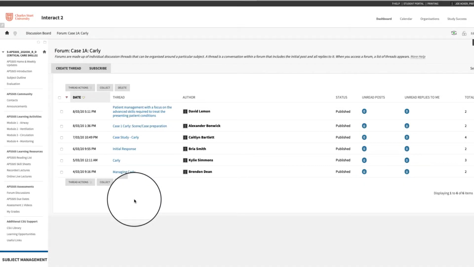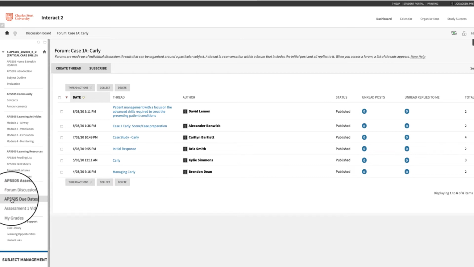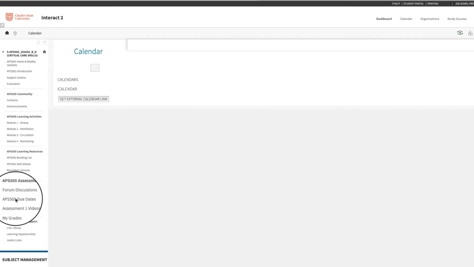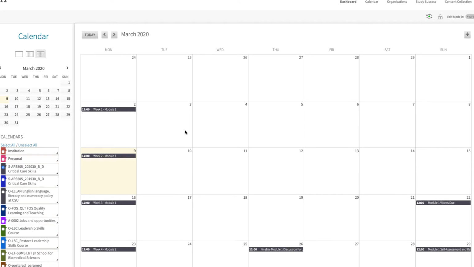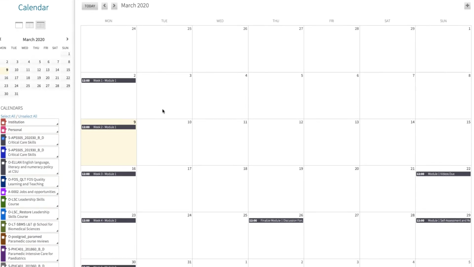Okay, so let's take a look at the due dates. We have the due dates calendar over on the toolbar, and I've created this fancy little calendar for you. The first due date coming up is the 22nd of March, and that's the due date where you'll record 2 videos, put them up on YouTube, put the links into the tool on Interact 2, and then do an assessment of the process. In other words, your learning journey.